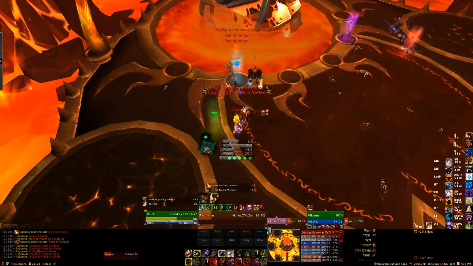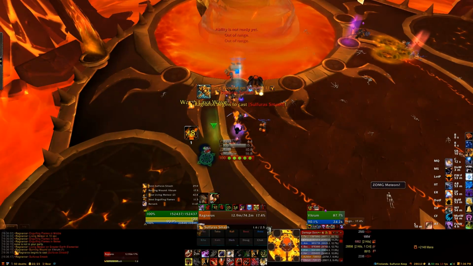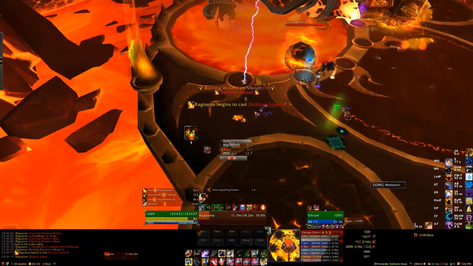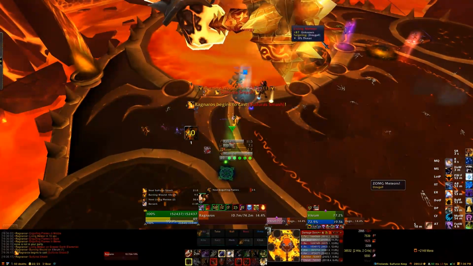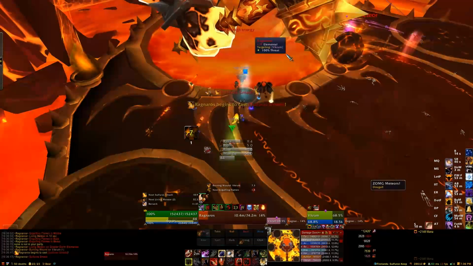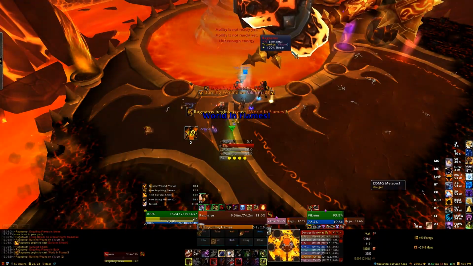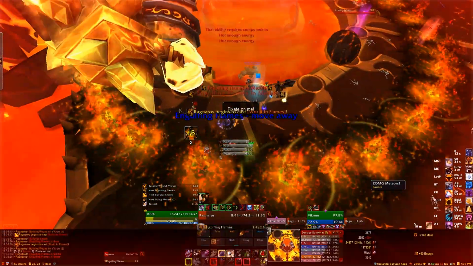So the other thing is we have 1 person on each side assigned to managing the meteor. So if it comes close to one group or the other, that person on that side hits it. So on the left here, our warlock is managing it. And when it's fixating on someone on the left, he smacks it. And on the right, our holy paladin is mostly doing it. And this is another important key so that everyone else doesn't have to worry about hitting the meteor